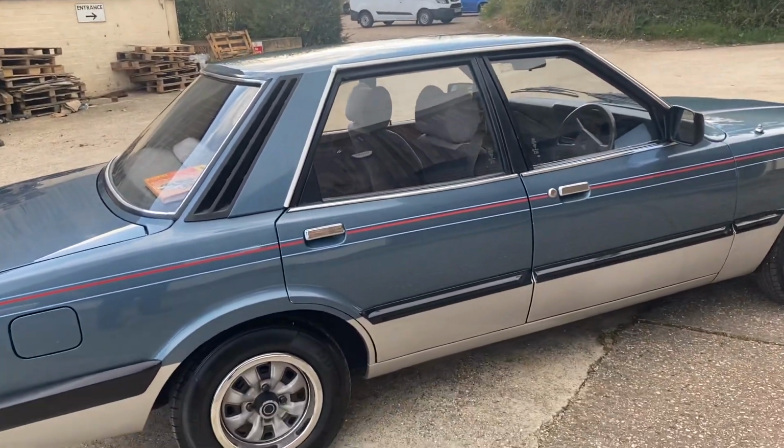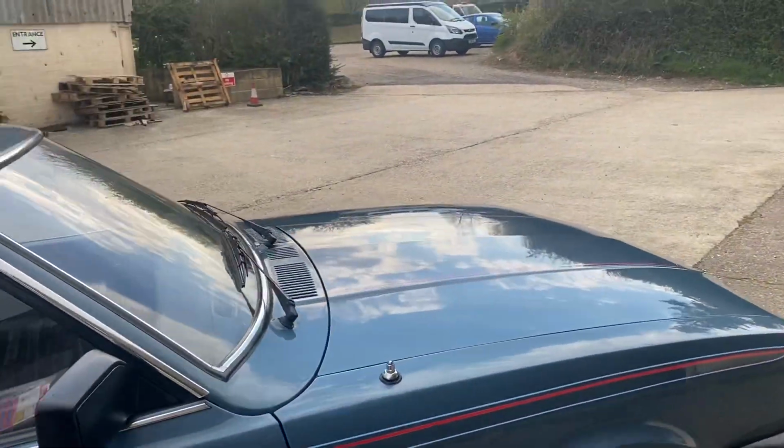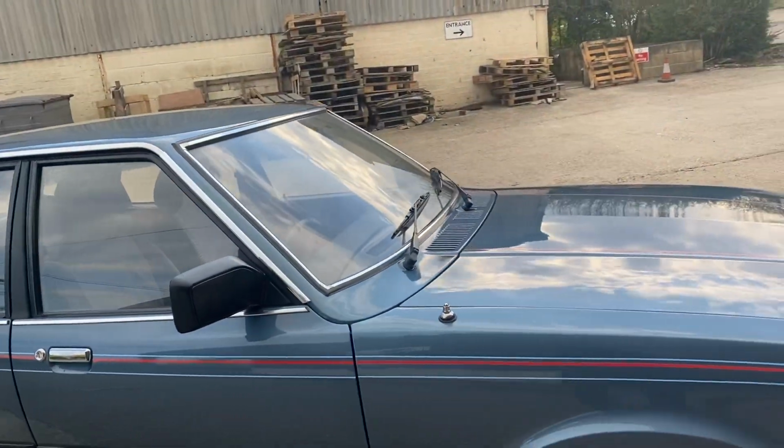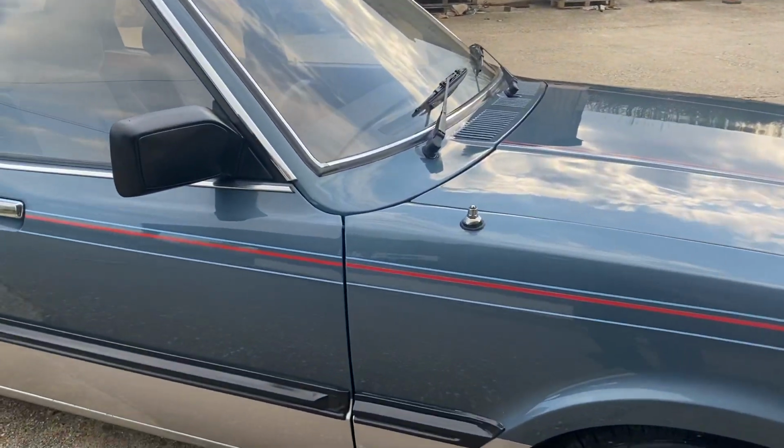And if you take any longer than 4 nanoseconds to get out of the car, the alarm seems to go off. I think there's a bit of technique to be learnt there. Now I'm going to go around this car really slowly so you can see the condition of it, starting with